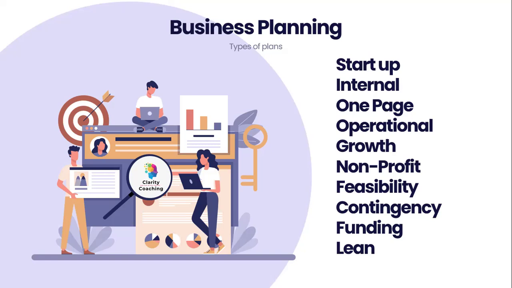So the next on here is funding. A funding plan is there to make sure you can secure funding from investors, banks, or other financial institutions. It will contain a quite detailed executive summary of, what is the vision of the business? What are you trying to do? How are you going to try and do that? It will have in-depth market analysis. It will have a marketing and sales strategy contained in there. And it will also have some very detailed financial projections.